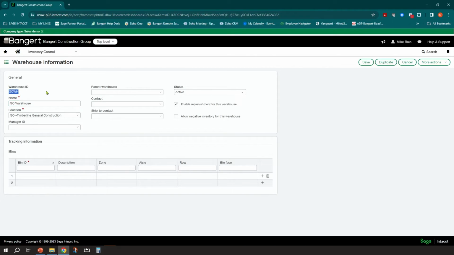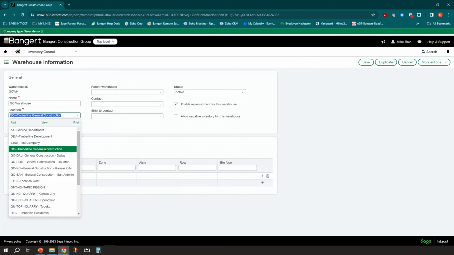You give it an ID, you give it a name, and you need to associate it with a location/entity. So if you have, for example, one company, Timberline General Construction, that has multiple locations here, I might have a warehouse set up for each one of these Texas locations. I might have one for Dallas, Houston, Kansas City.